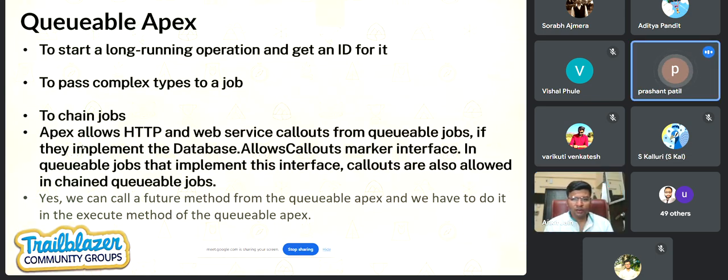Okay, because the limitation in the future method is that we are not passing the object, because whenever there is a transaction in between, the state might change. Correct. But in the case of Queueable, it is not happening, as it's an improvement of the future method. Correct. But my question is, I'm passing 2,000 records in Queueable Apex and making a callout. I'm sending the order details to the external system, for example a delivery system. So will it block 2,000 records at once, or what?